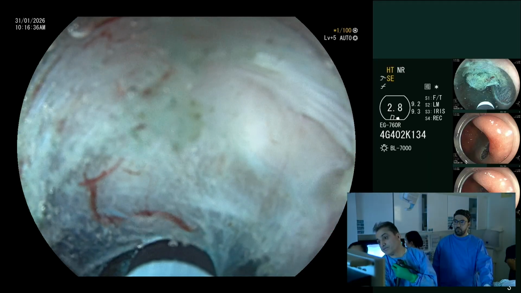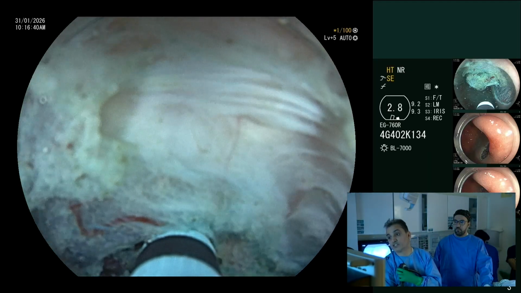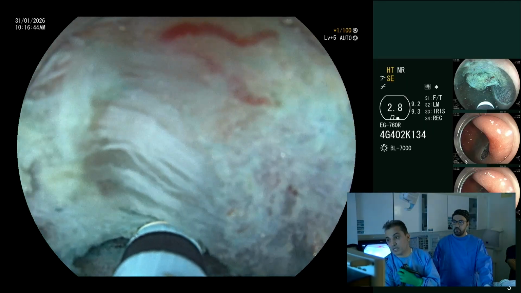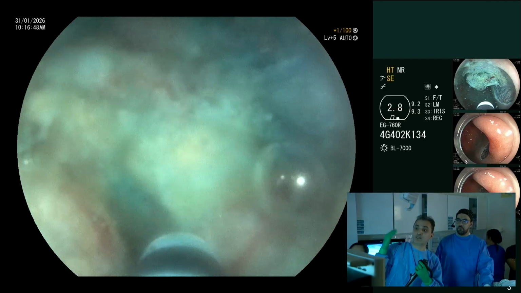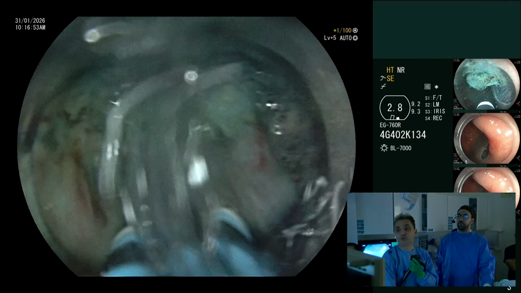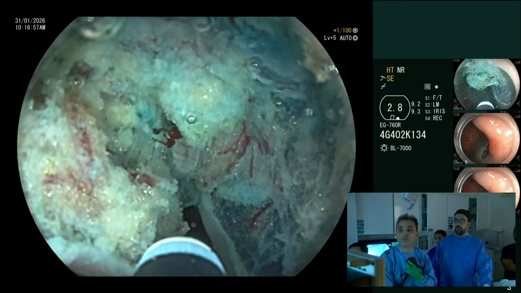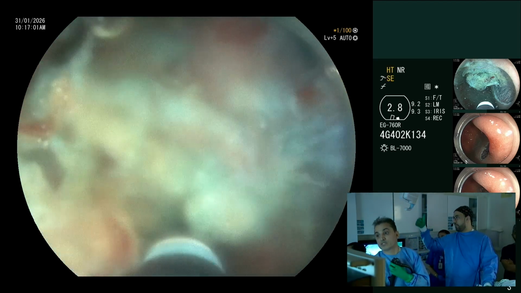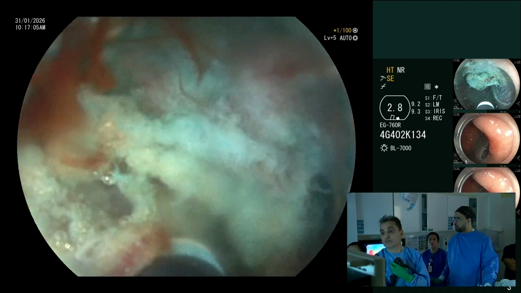You can see I am suffering because the scope angulation is very bad, and I want to get R0, so I have to dissect in SM3 just above the muscle. You see, I did one plane and then I went again higher above it. So we are now dissecting the lesion completely. You can see this is the back side of the lesion, whether due to fibrosis or